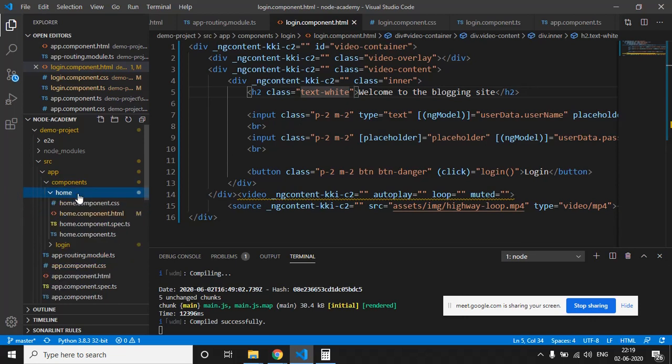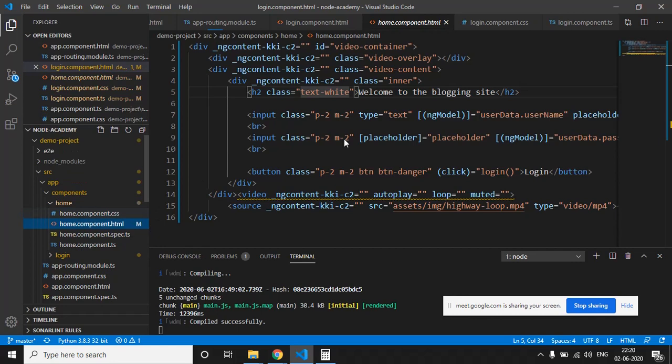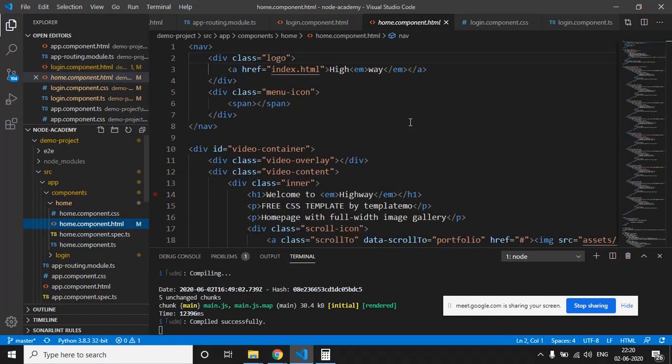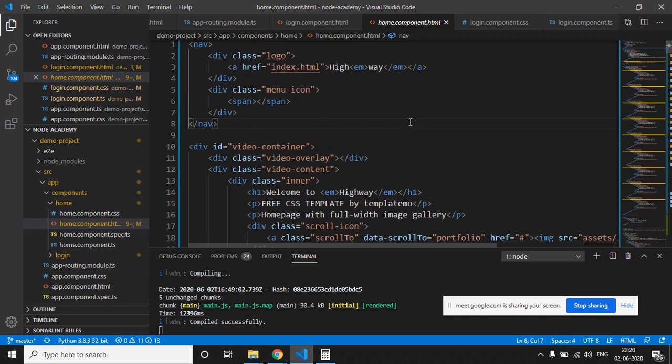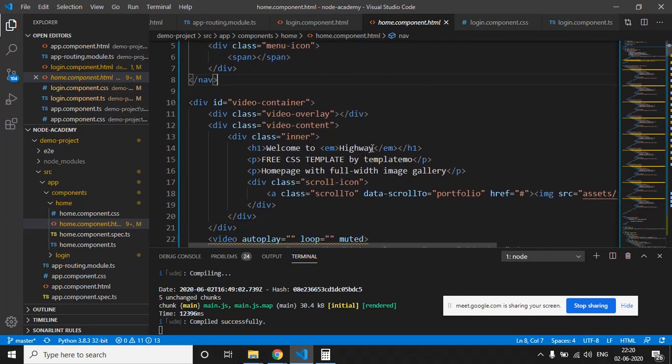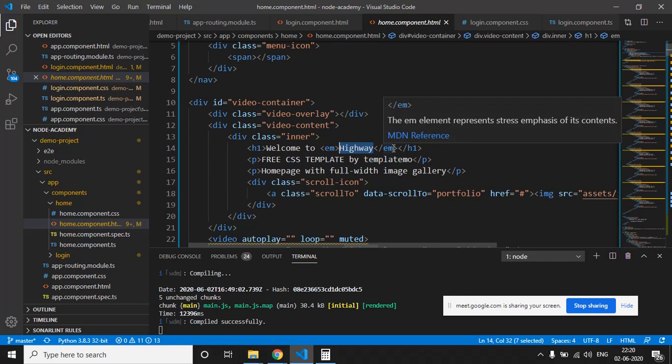So just go to the home page, home component.html. Now we have to change this text here: "Welcome to my blog."